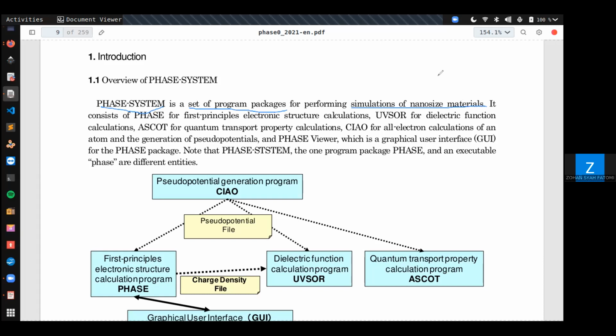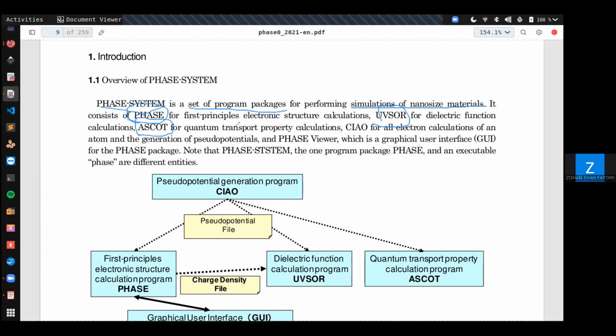When nanosize effects happen in a material, we have to employ quantum mechanics. So basically it consists of PHASE and UNSAR. PHASE is the main program for first-principles electronic structure calculation, and UNSAR is for the dielectric function calculation,